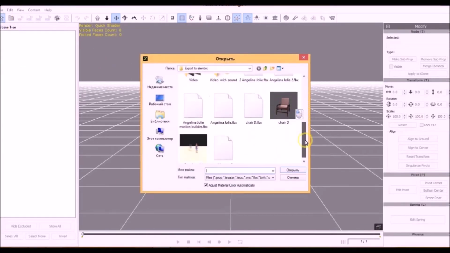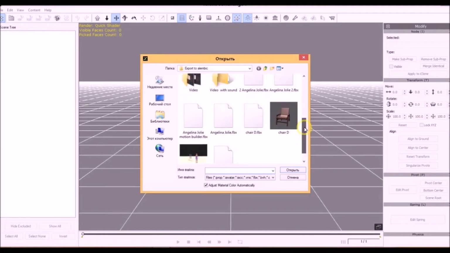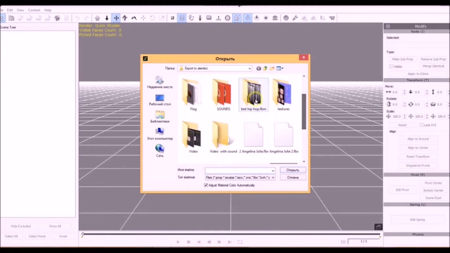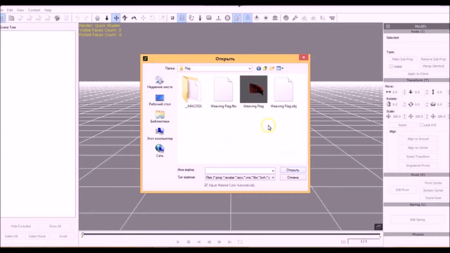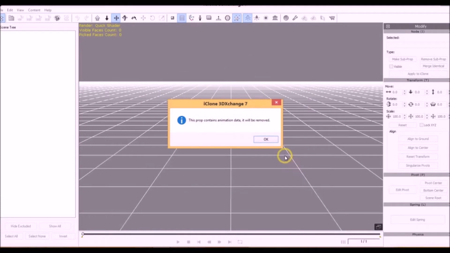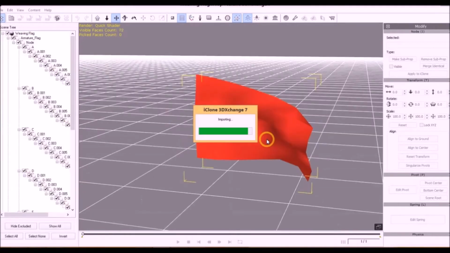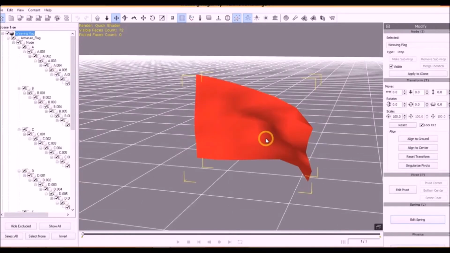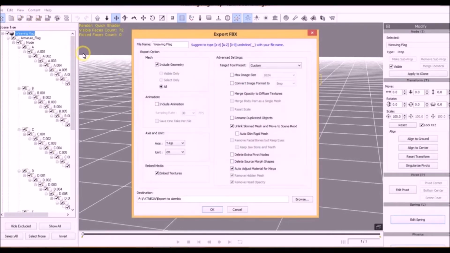Step 2. Save the flag file in iClone in the Content Manager tab, Custom subsection. Step 3. Next, let's load our flag into the 3D Exchange 7 pipeline.